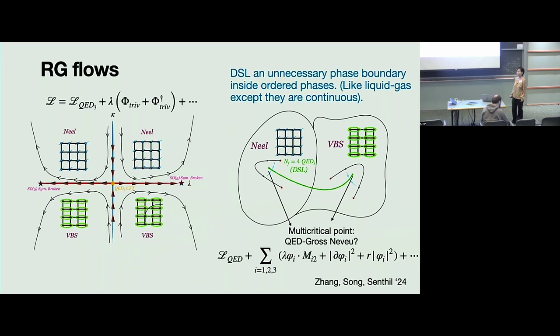My other question, which I think you implicitly assume the answer is yes, but I want to be sure: is it known from bootstrap or simulations that the SU4 theory exists on its own, even if you suppress the monopoles? Is it fully established that it exists? Yeah, I think there is lattice Monte Carlo that simulates this QED without monopole, and it flows to a gapless state, it stays gapless, by Karthik and Nair. And Shai, the bootstrap also agrees with that, or no?